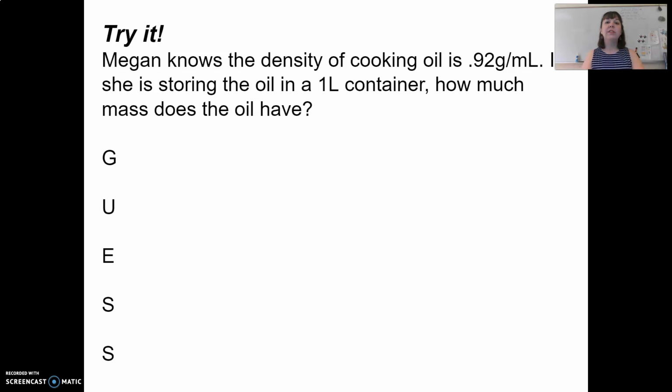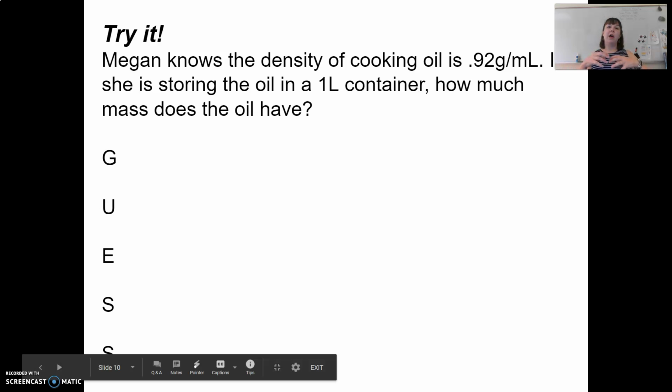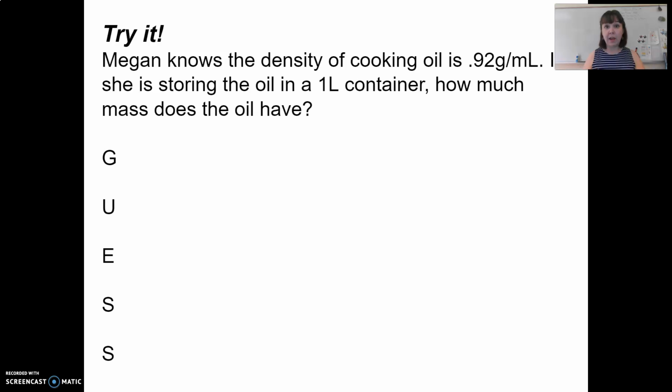So it will start to get a little bit more complicated. We will start to have bigger problems with more numbers. I don't want you to be afraid of it. I don't want you to just give up and guess. I will model this as we problem solve throughout the year. Okay, what do we have? What do we want? Okay, what equation has those things in it? And that will help make it a little bit easier, a little bit more bite-sized chunks to work through these problems so that it's not so overwhelming like the problem at the beginning. All right,